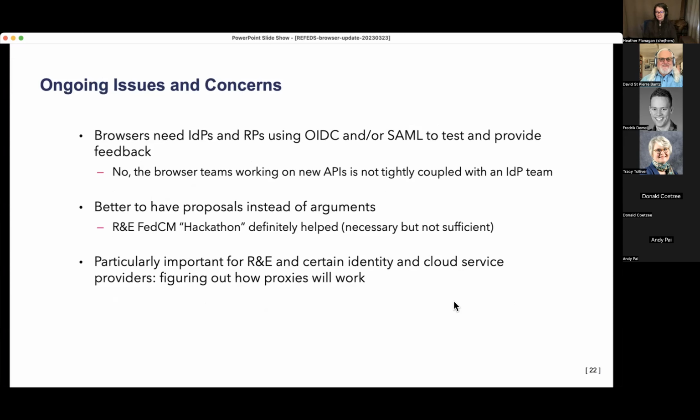So one of the things that the browser vendors need are identity providers and relying parties or service providers to test and provide feedback. You can't assume that because the browser vendor has an IDP, like Google has an IDP, their IDP team has anything to do with their browser team, or would be able to test the same types of things that we're worried about. So having people interested in testing the latest APIs and providing feedback is always useful, even when we can look at it and say, pretty sure that's not going to work. But if we can say, we've tested it, here exactly is where it doesn't work, and we can show you, that is very powerful. And I want to emphasize that for a moment, because